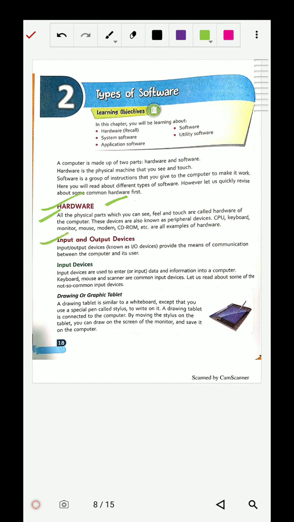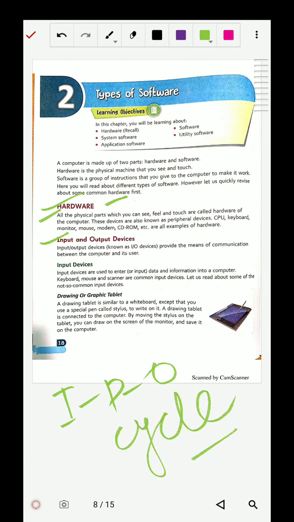Input and output devices are the most basic part of the computer. Actually, we know the computer follows this cycle, the IPO cycle. What is this? Input, process, output. I stands for input, P stands for process, O stands for output. Based on this, the computer performs.